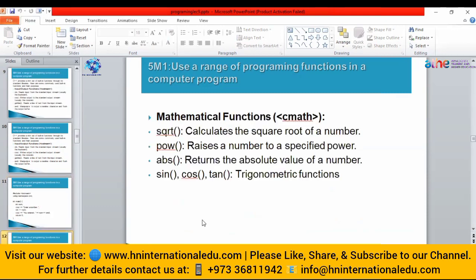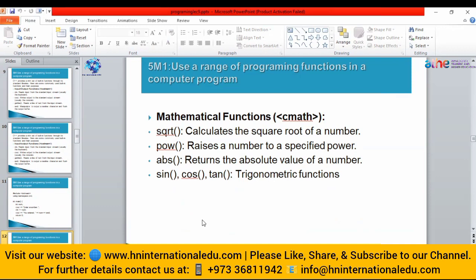Then we have some mathematical functions. Just like in a calculator, you know how you can find the square root, how you can take a power of something, how you can perform trigonometric functions. So C++ also gives us built-in functions.